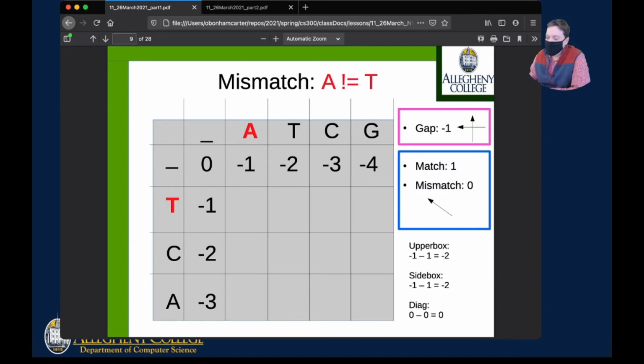And so I take this value 0, and I add it on to whatever my diagonal score was, or subtracted in this case, doesn't matter. And I reach this equation here. So 0 minus 0 is equal to 0. And 0 is the biggest number of all these calculated values that I have. So here's -2, here's -2, and there's 0. If you think about it, -2 is smaller than 0 because of the negativity. So you put that 0 there, and then you add an arrow to say that this 0 was calculated from